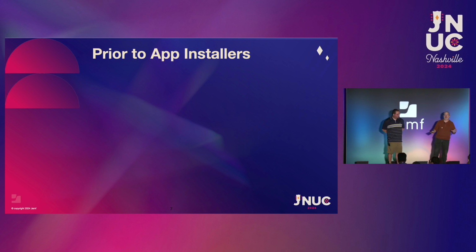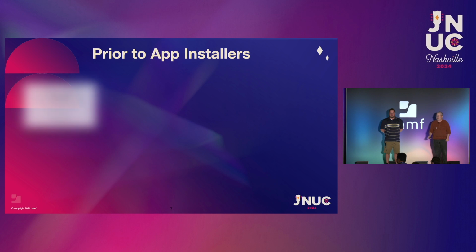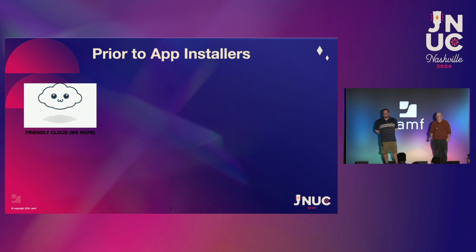So prior to the app catalog, going back, I mean, obviously, if you want to go way back, CDs and floppy disks, but let's assume that we've all lived in the cloud world for some time. We would have to go get that installer from the cloud. And sometimes it would be a package, sometimes it would be a disk image. A lot of Mac applications to this day are still just a file copy to your applications folder as opposed to an installer. So whatever you would grab from that, mostly either a disk image or a package, you would then